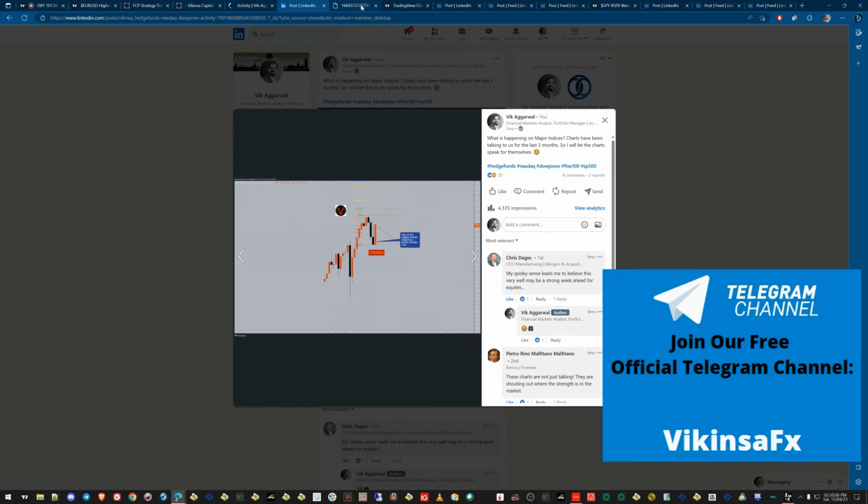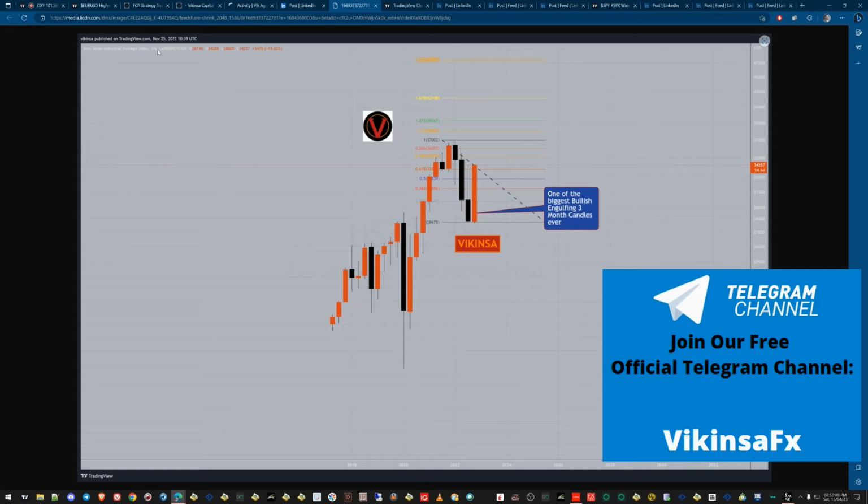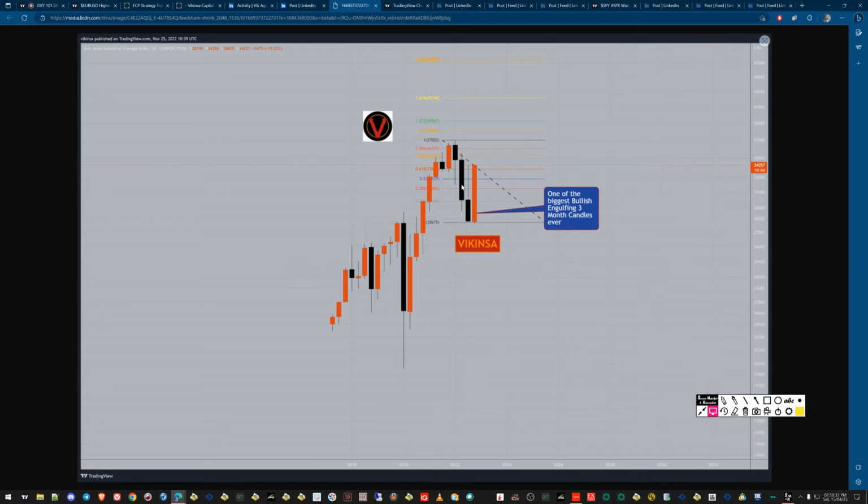Simply, for example, here, if I show you, this is Dow Jones 3 month time frame. This is one of the biggest bullish engulfing candles that you have ever seen, right? If you look at the history, this is one of the biggest bullish engulfing candles on 3 months time frame, quarterly time. And this was posted on November 25th, 2022. Which means what? It tells us that the market is bullish. They can be a little up and down, but on quarterly basis, this is clearly telling us that nearly 61.8 or more than that, near about 65% of all of this bearish move was consumed by this bullish move. And this tells us that there was a lot of bullish movement going on.